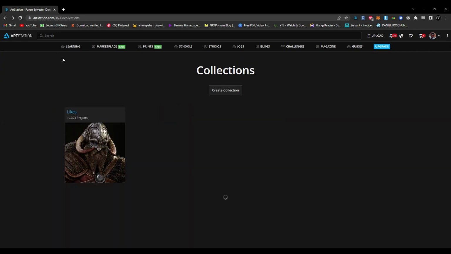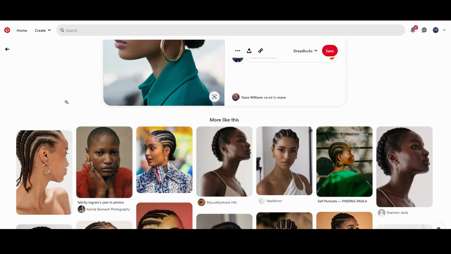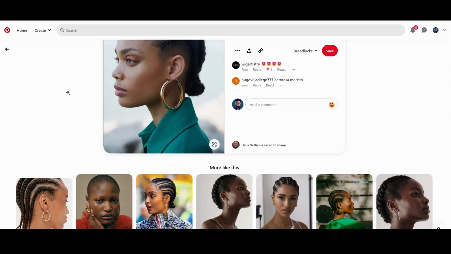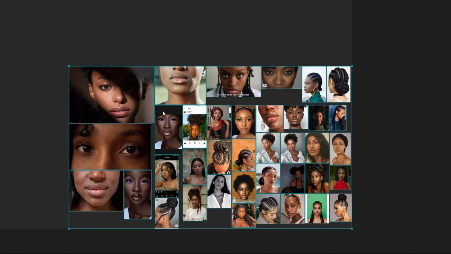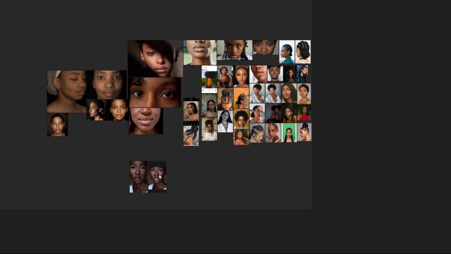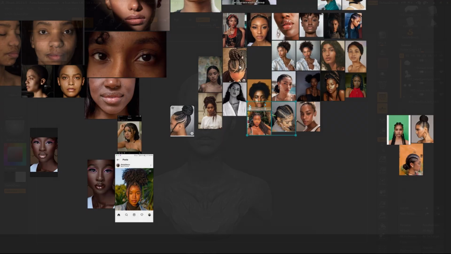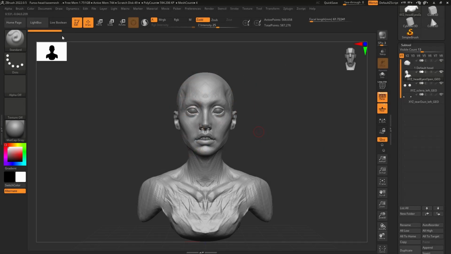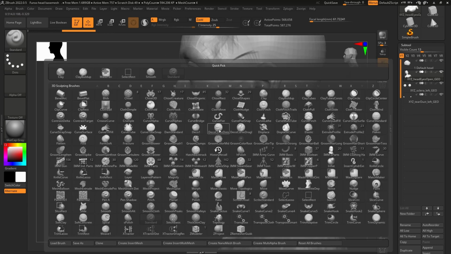When looking through the reference, I knew I wanted big cornrow braids, and then I started gathering images that fit that description and put them on the board in a referencing tool called PureRef. I then moved this tool to another screen and launched Zbrush. So the first part of the recording got overwritten, so I've sculpted the head, a random head, to highlight my